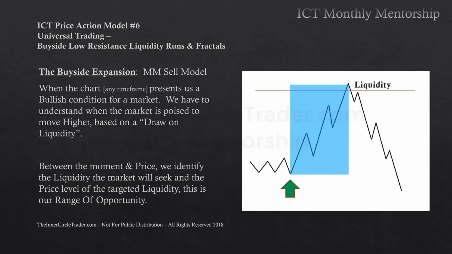Why should it go up to a specific level? Okay, we're looking at a market maker sell model here, and there are two stages of accumulation. When I'm looking for a price run from whatever the market price would be, and say I'm bullish, the first thing I'm doing is I'm going through the time frames highest to lowest, and I'm looking for some kind of narrative that would be utilized for the price to be drawn up to a specific key level